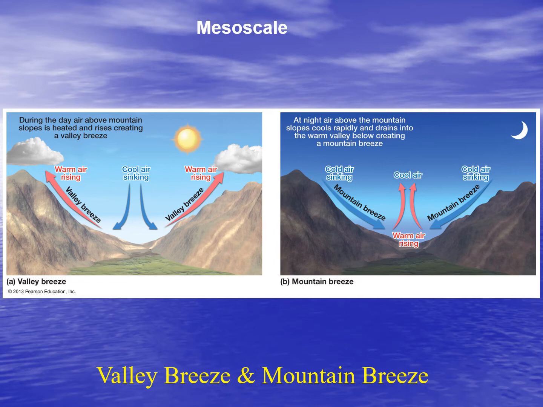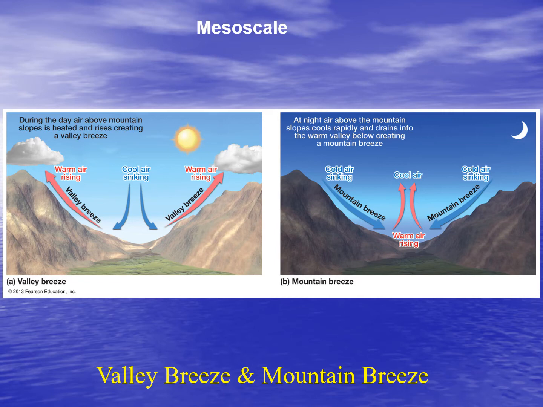You're now going to have sinking air, because as your air molecules are moving from the valley floor up the mountains on either side, you're now going to create lower pressure. So you're going to have cooler air above sinking down, air molecules moving towards the zone of lower pressure. Okay, how about on the right? At nighttime. Okay, so what's going to happen in night is that the air above the mountain slopes is actually going to